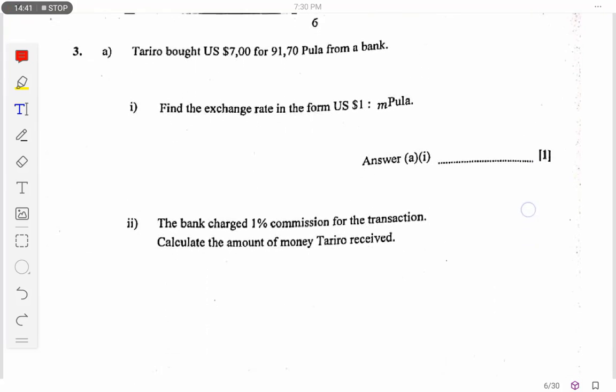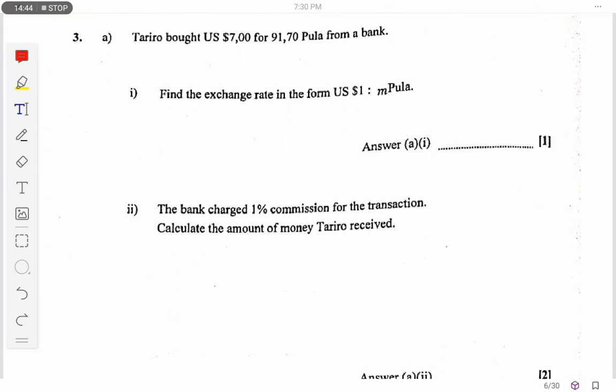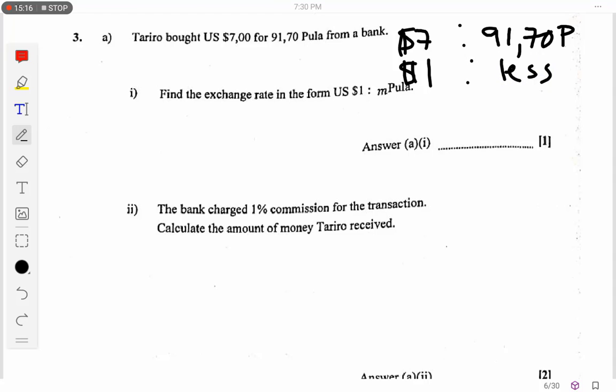Let's go to number 3. We are told that Tariro bought $7 for 91.70 pula from a bank. Now we want to find the exchange rate in terms of $1 as to how many pula. So I can use ratios there, and I can say my $7 as to 91.70 pula. And then when I have $1, it is going to be less this side. So when it's less, I can say this is going to be 1/7